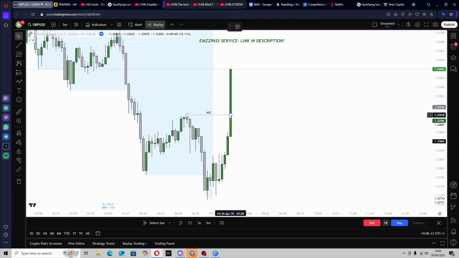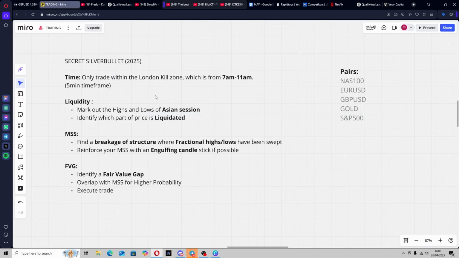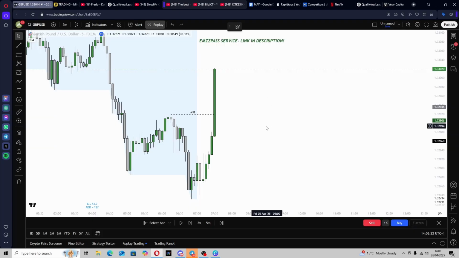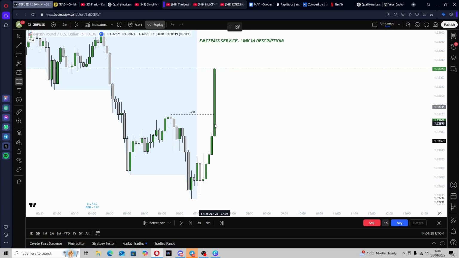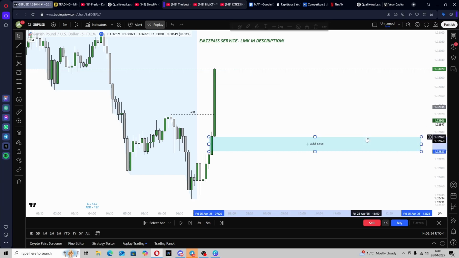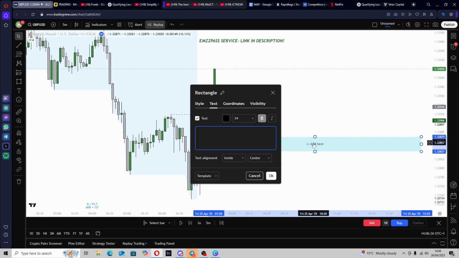So as you can see, we've got a market structure shift, got everything ready. What we need to do now is just identify a fair value gap, and then we overlap the fair value gap with a market structure shift for a higher probability, and then we execute the trade. That's all that's left to do. So what I'm going to be doing is not overlapping a market structure shift for a high probability. I'm going to actually use the extreme fair value gap, which is right here, right? Because this is a crazy London session strategy, I'm going to be using the extreme FVG,